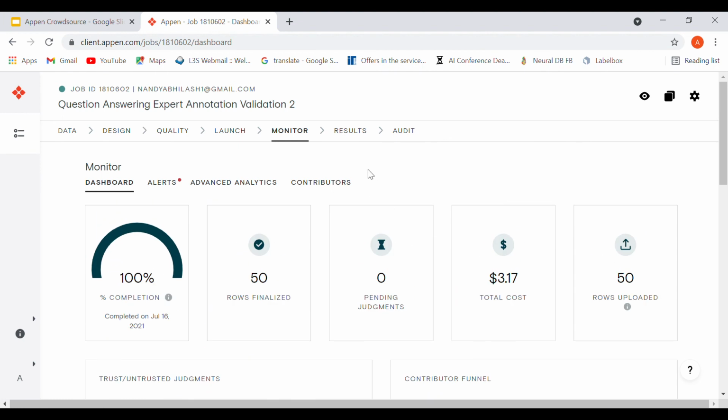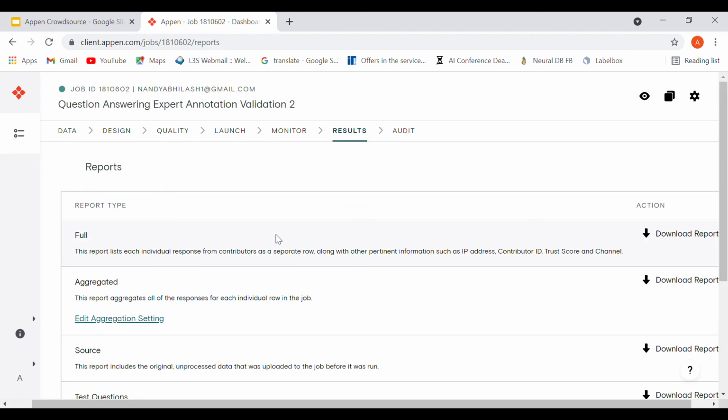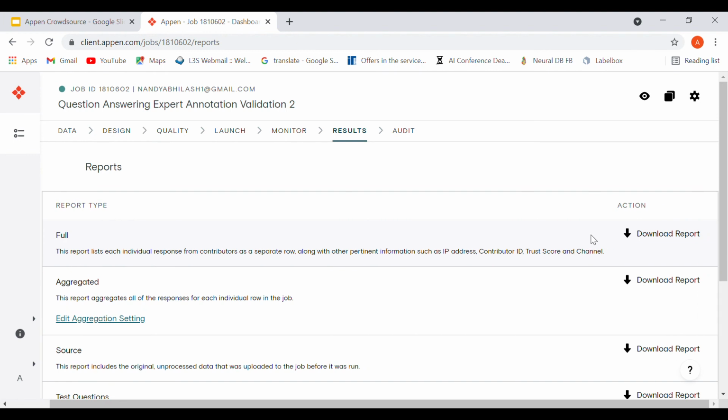All right, and over here there are some more things like advanced analytics and contributors, which give you more analytics and data visualization of the annotation. In the results you can download the full data in the form of CSV, so you will be able to know things like the country of the crowd worker, and of course the data that he or she has annotated, the label that he or she has given, or the input that he or she has fed.